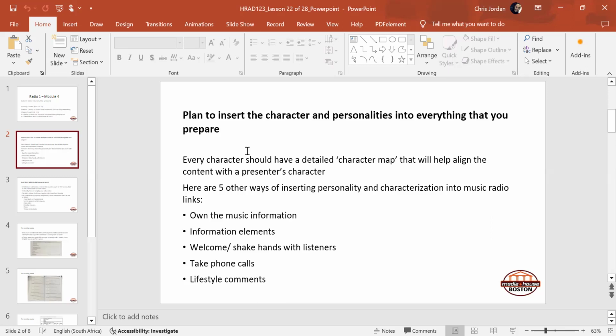So, here are the 5 ways of inserting personality and characterization into music radio links. The first is to own the music information. You can't know everything about every single song at any one particular time. And to be pragmatic, you don't know what music is going to be played on your show until you get to the actual station for the show, right? Then you can have a look at your playlist, and if you want to do some ad hoc, quick notes on some of the songs that are going to be played throughout your show, that's when you can build some great FYI